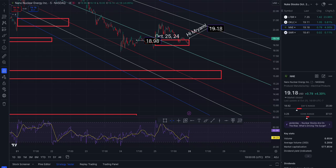This is NNE, Nano Nuclear Energy, on the 5-minute time frame. A trader named Miriam is interested in this ticker, so I will break down the price targets first on the 5-minute time frame and then clean up the chart. We ended the week at $19.18, up